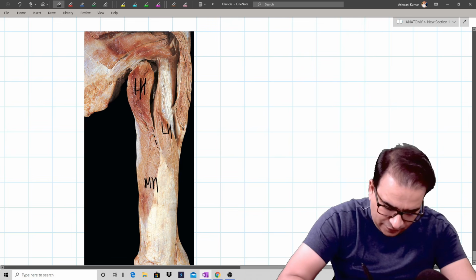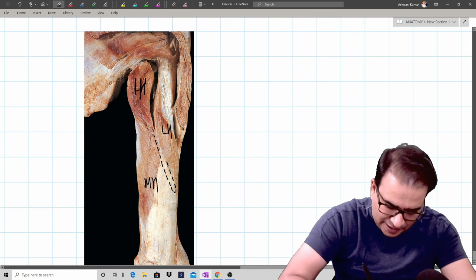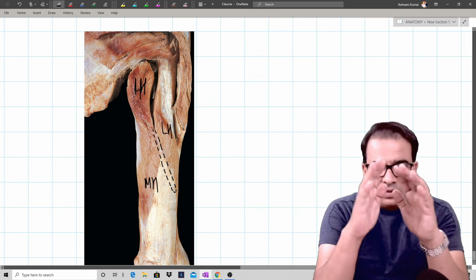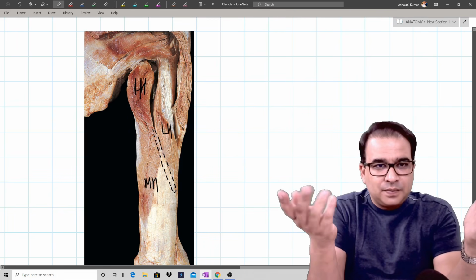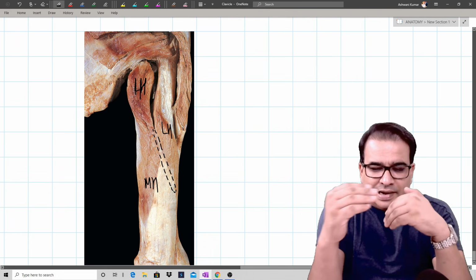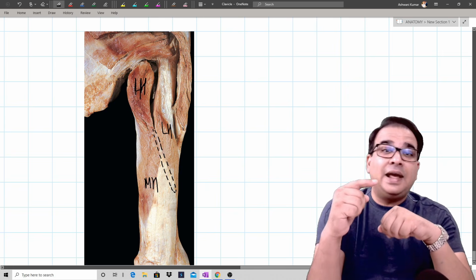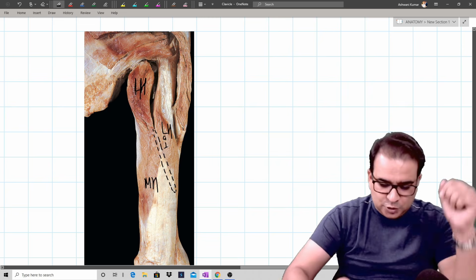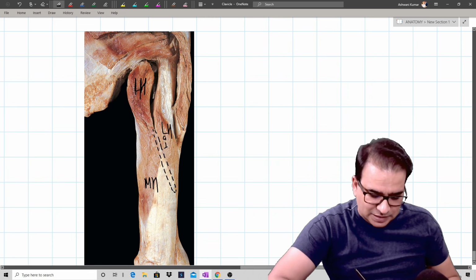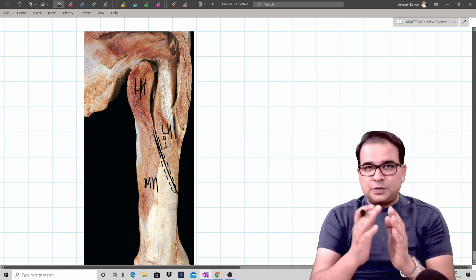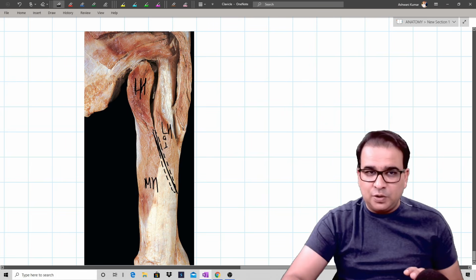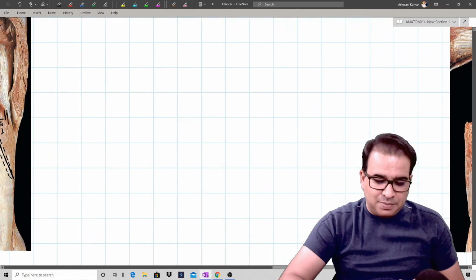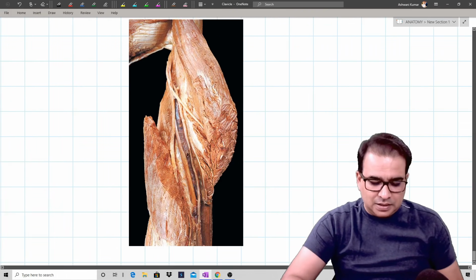Once you cut this part, if I cut this portion between the lateral head and the medial head, then number one, the radial groove will be exposed. And number two, you can clearly see the differentiation between the lateral head and the medial head. This is the long head and that is the lateral head. Let me show you that picture in which, if I put an incision between like this, I can expose the radial groove, I can see the contents of the radial groove, and I can also see the lateral and the medial head separated like in this image.